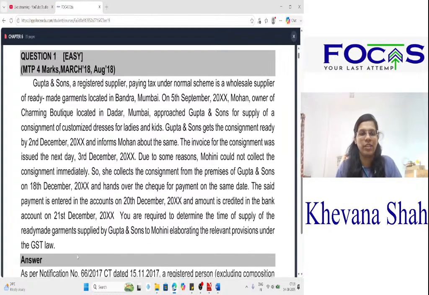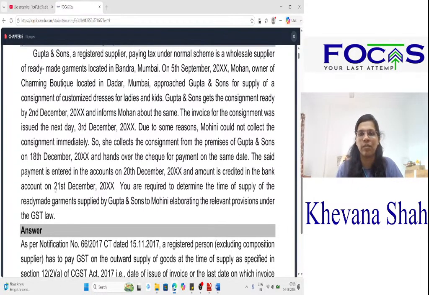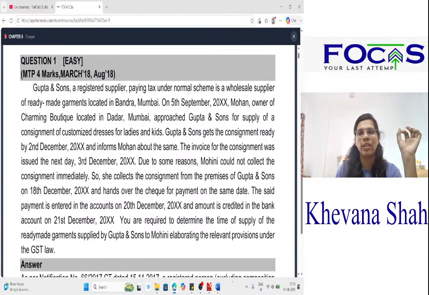Okay. So see here. What our notification dated 15th 11/27 says is that a registered person, excluding a composition supplier, has to pay GST on outward supply of goods at the time of supply as specified in section 12(2)(a). Now what section 12(2)(a) says is that it should be either the date of issue of invoice or the last day on which the invoice has to be issued in terms of section 31. Okay. So now here